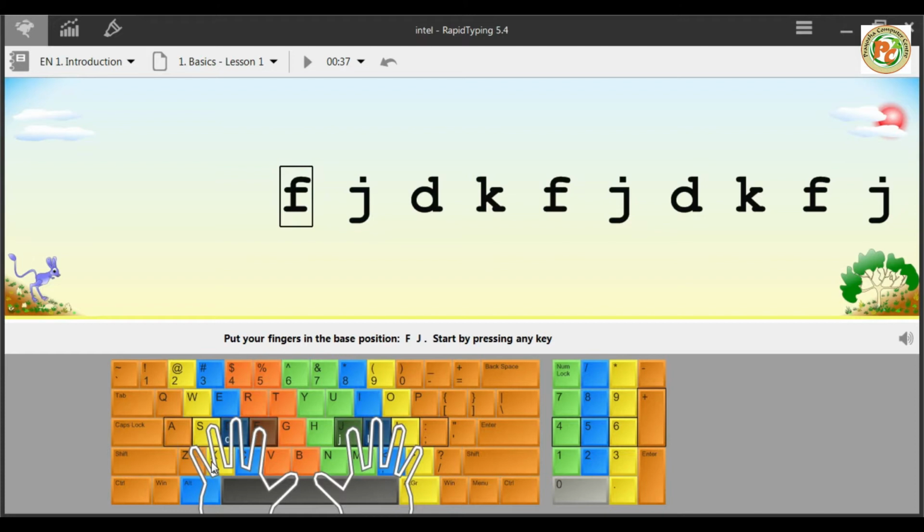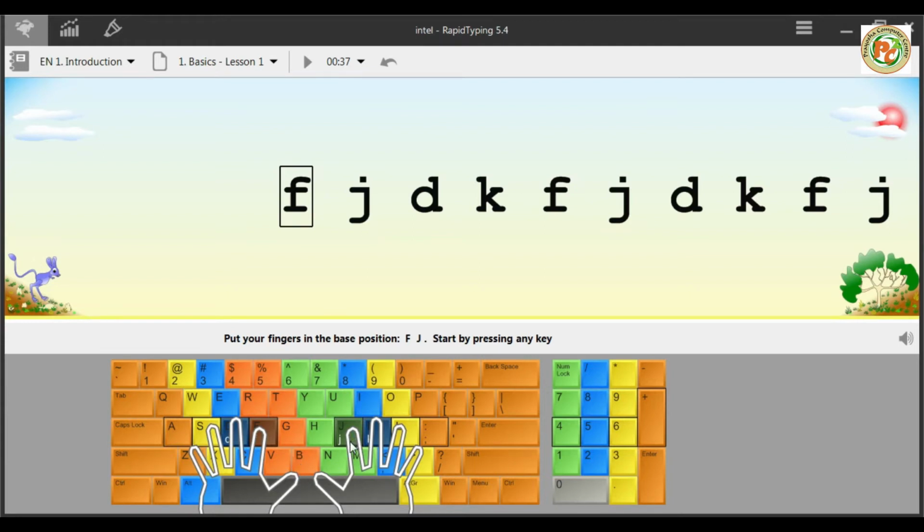Now the ring finger will cover S, W, and at the back side X. Similarly the middle finger will cover D, E, 3, and the bottom C. Your first index finger will cover F, G, R, T, 4, 5, and below the row V and B. Getting it?